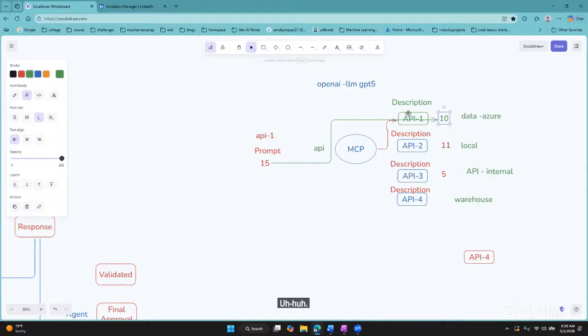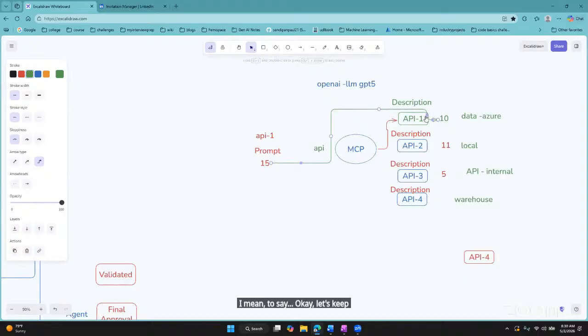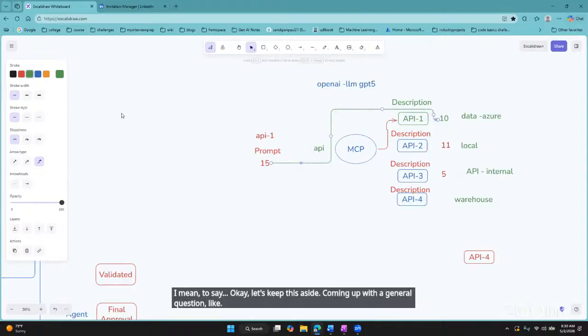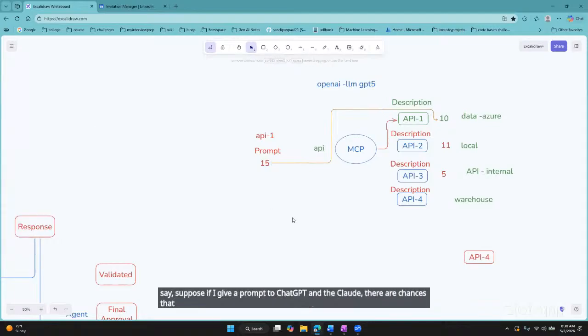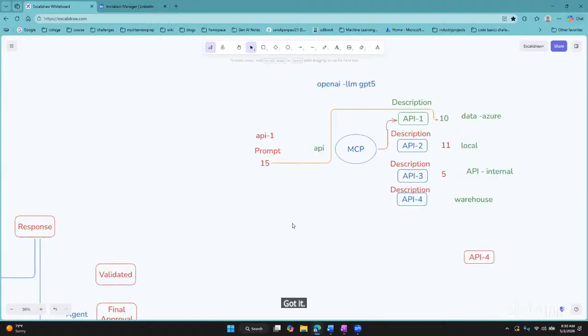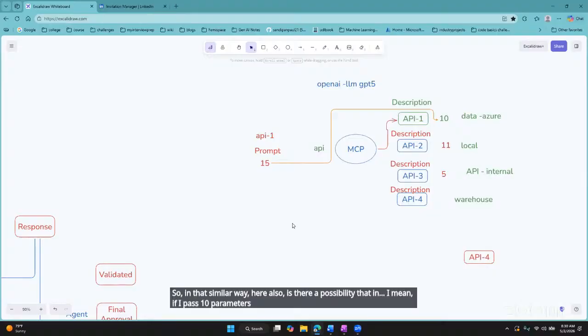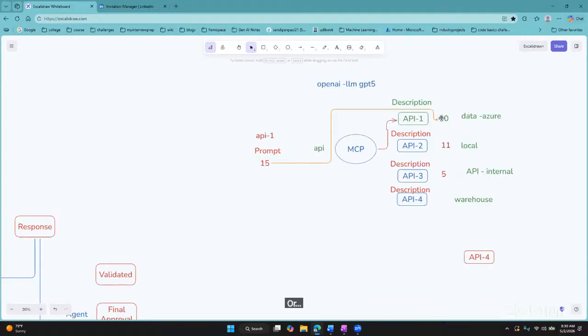Coming to the general question, suppose I give a prompt to ChatGPT and Claude, there are chances that I get different answers, though the meaning is the same. Similarly here, if I pass 10 parameters, is there a possibility that I get a different answer since the other five parameters are missed? No, nothing like that. Because